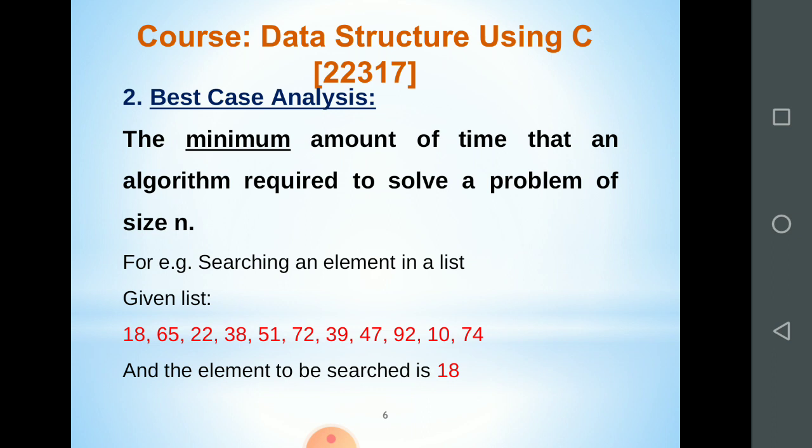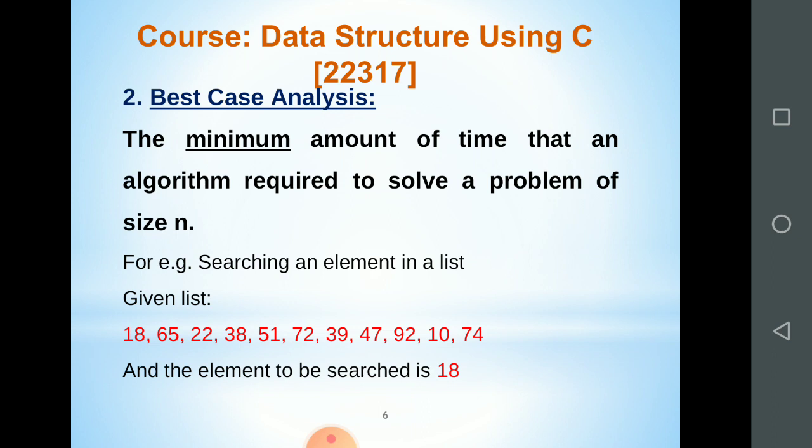So we get that number at the first attempt and we will not go through the rest of the list after that. So in the best case analysis, you have to search only one element. We get that element at the first attempt and we stop the search. Because of that, this is the best case analysis.